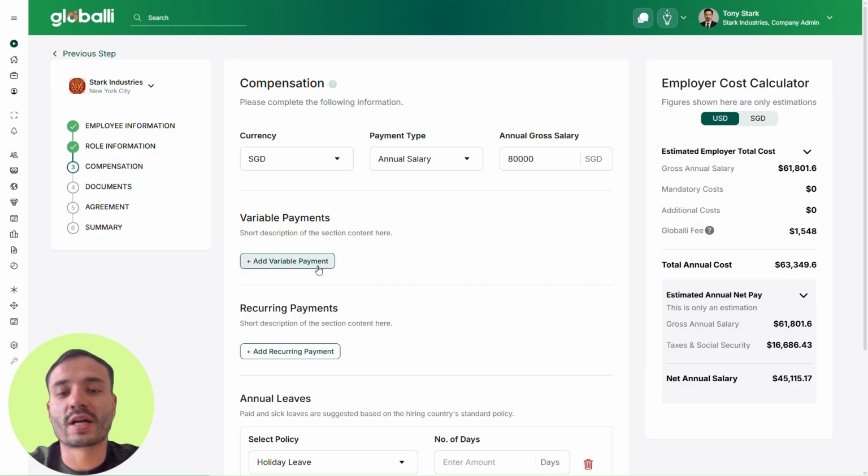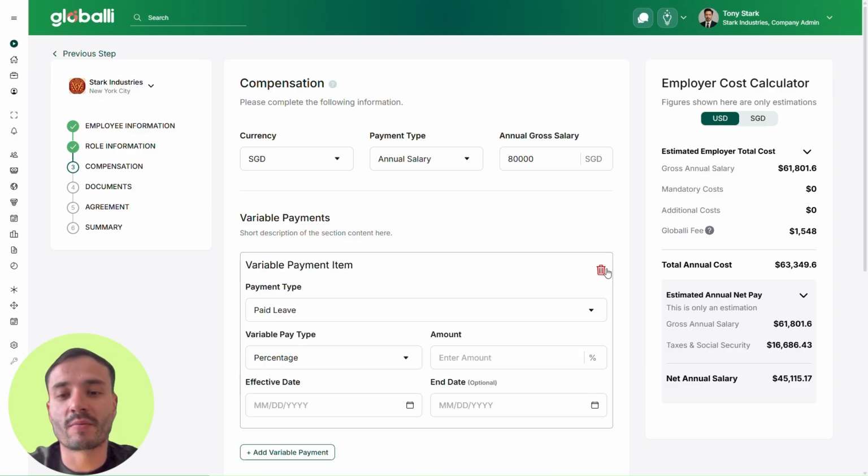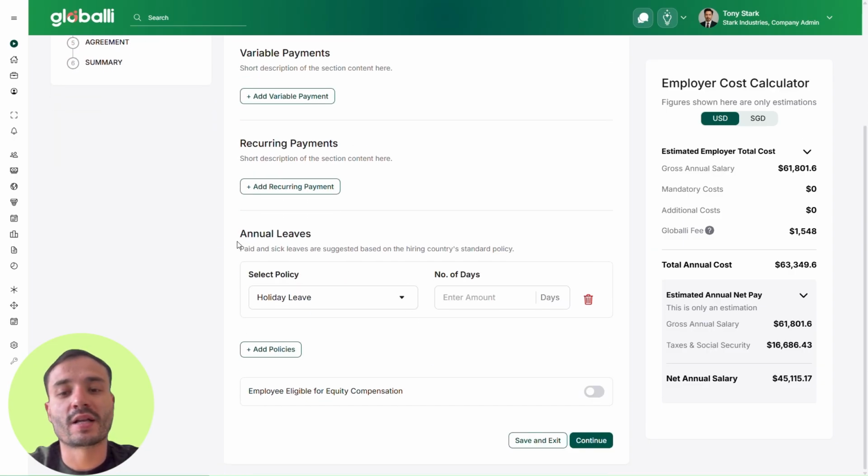From here, then we can add other types of payments such as variable and recurring payments. Then we can have the available leaves that have been configured by the company. In this case, we have the holiday leave for Singapore, and we're going to add only 20 days. And below that, if your company wants to offer